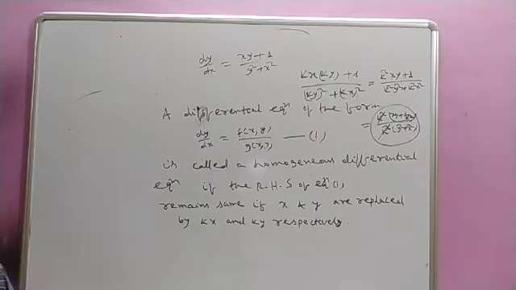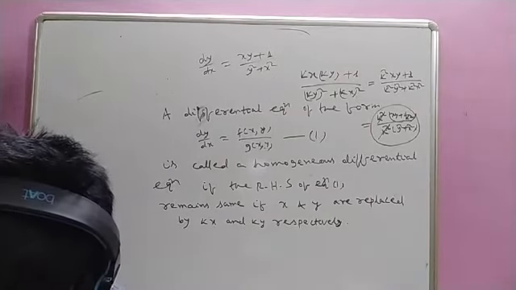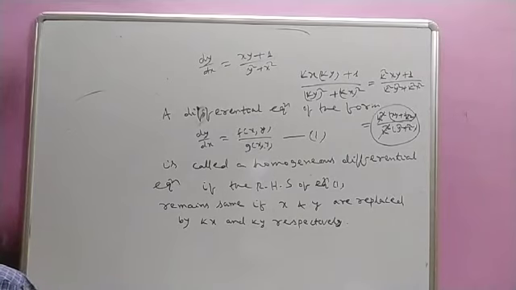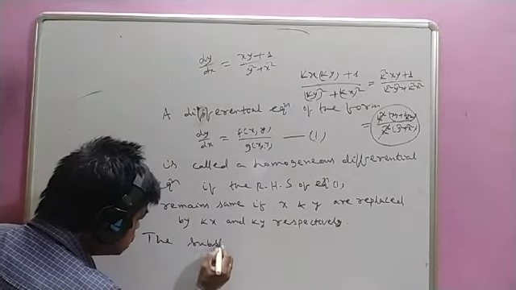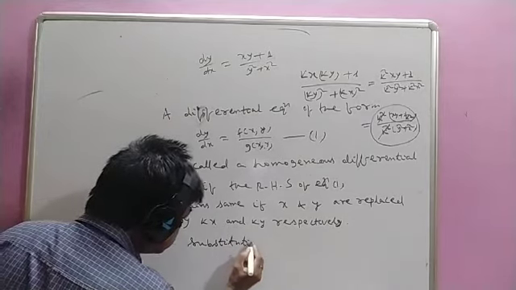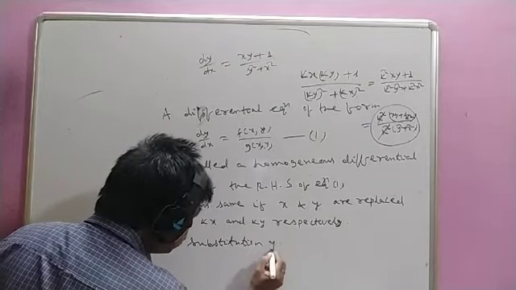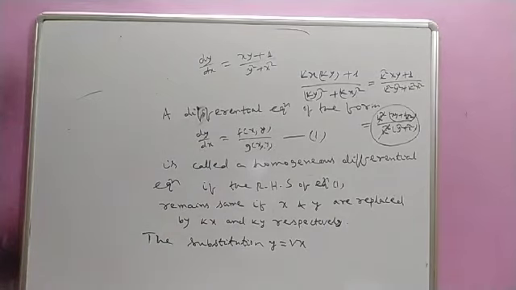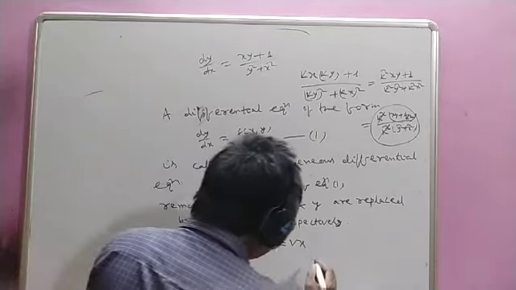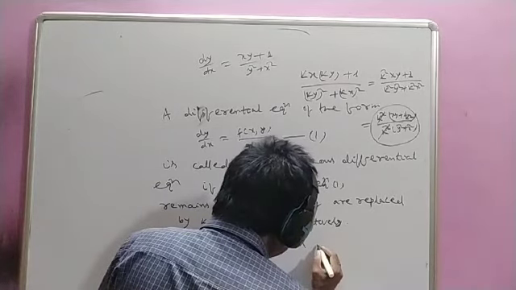Okay, first of all you take it. After this you take it. Then you write the substitution y is equal to vx. The substitution, after this you write the substitution y is equal to vx. The substitution y is equal to vx. We will leave the right hand member. Of the substitution y is equal to vx.